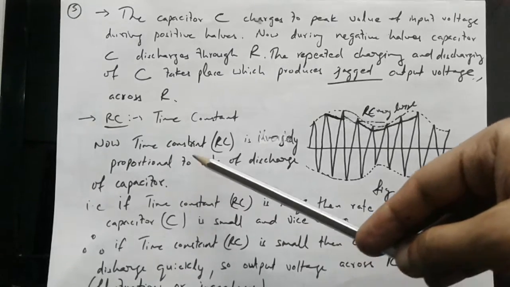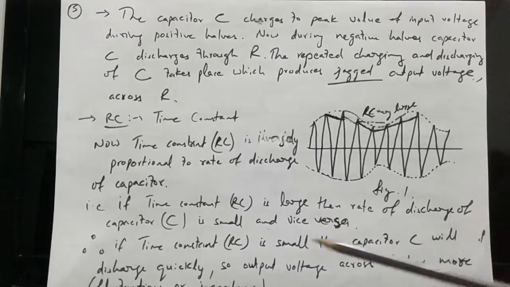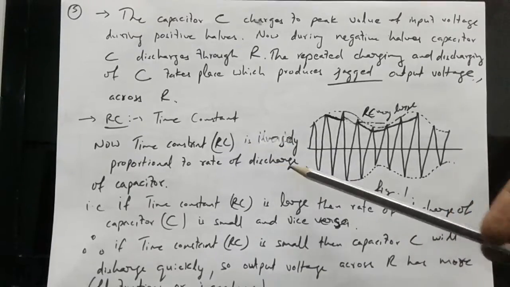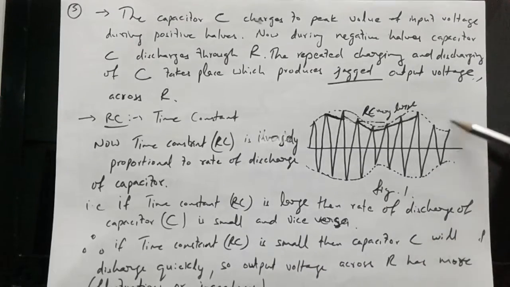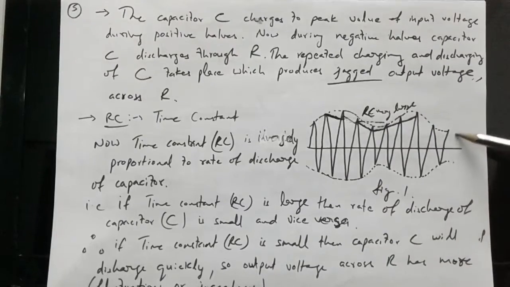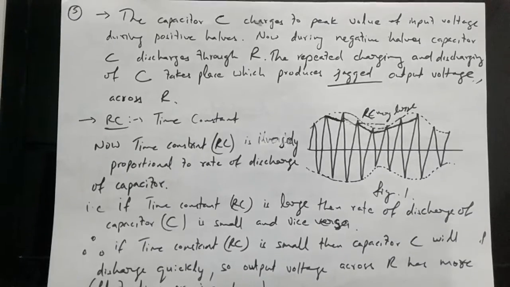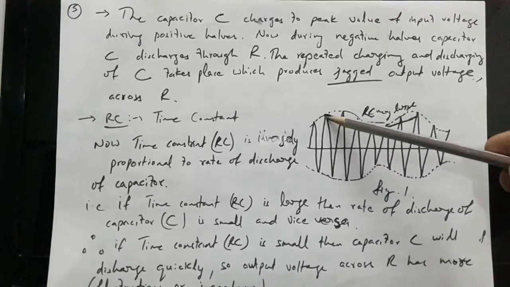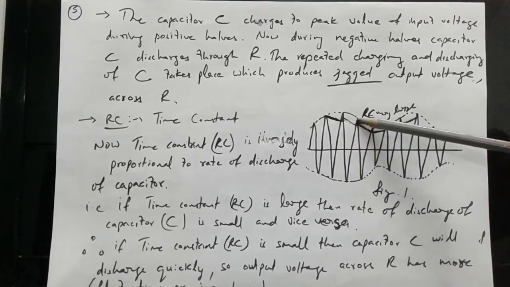Now if the time constant is large, then the rate of discharge of the capacitor will be small, as we have said, that is, it is inversely proportional. And if the time constant is small, then the rate of discharge will be large. You can see from this diagram that there is a rapid increase and decrease of the input voltage,